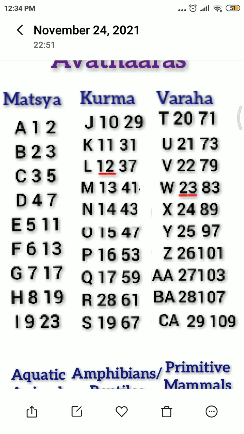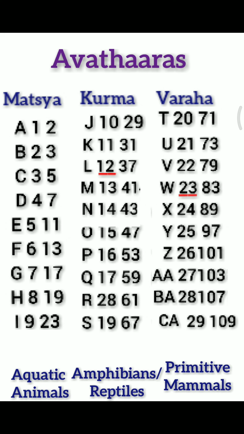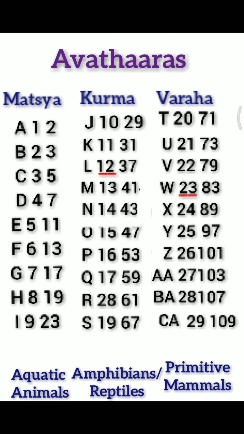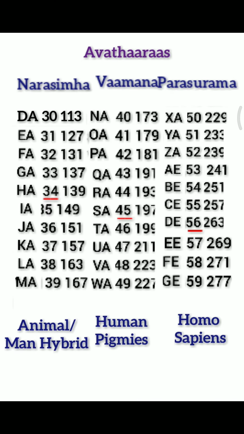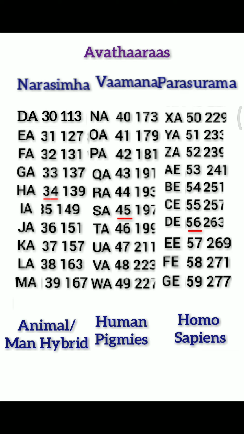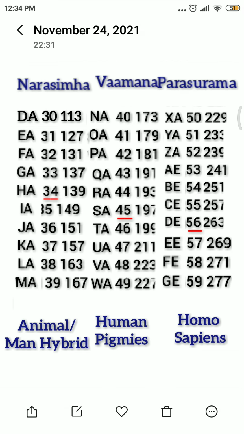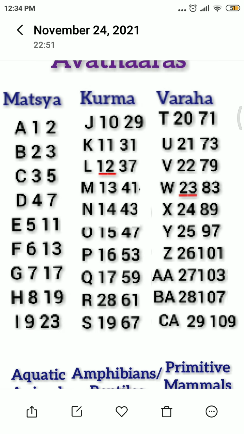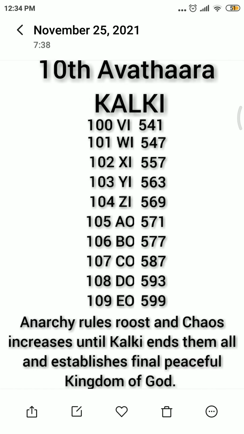Basically, starting with Matsyavatara, the avatars are 1 to 9, 10 to 19, 20 to 29. Everything else remains the same. So Narasimha Avatara will start with 30, ends with 39. Vamana Avatara starts with 40 and ends with 49. Parashurama Avatara starts with 50 and ends with 59. And then the other one,